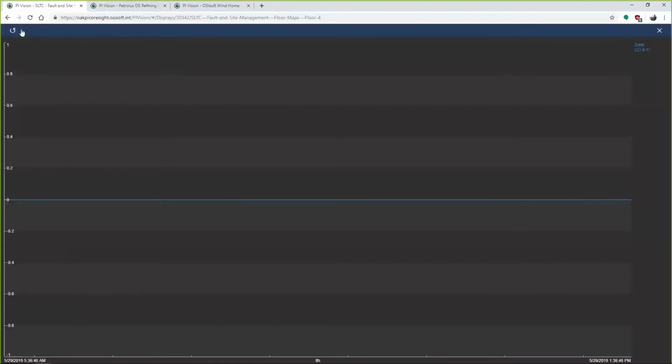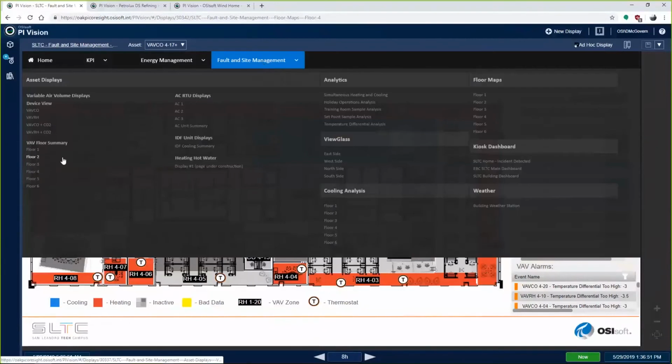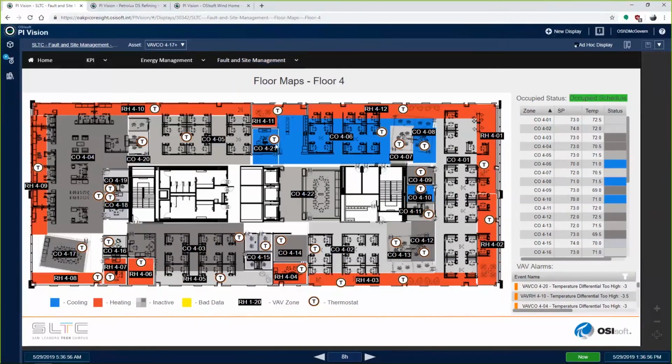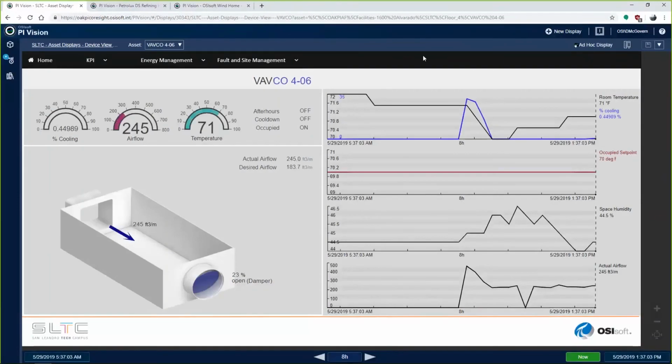And I can go in here and say, hey, tell me about this piece of equipment here, this particular HVAC component, and I could see, maybe if I look at one of these guys over here, a variable air volume unit, like I said, drilling down from the general to the specific, and see, okay, here's a diagram of exactly what this piece of equipment is doing, what's going on inside of it, what's the room temperature that it's in, with the occupied set point, and I can get a much more granular view. If I do see that there is an event going on in this room,